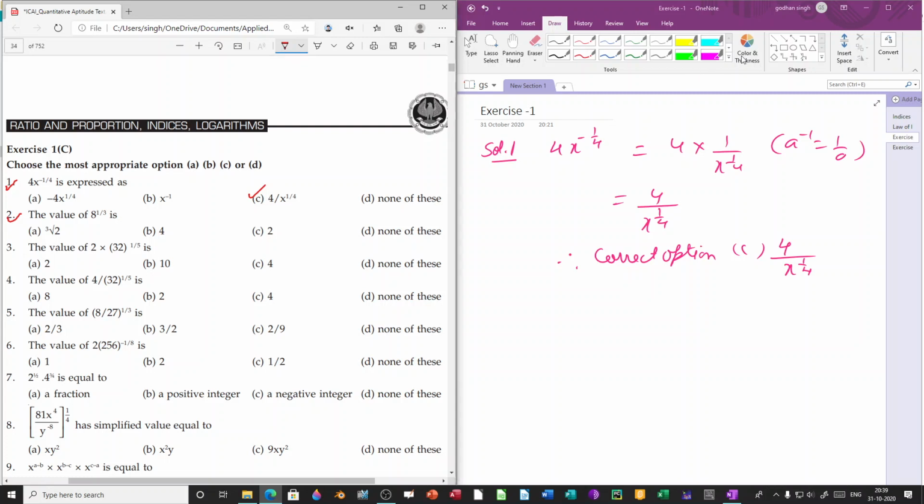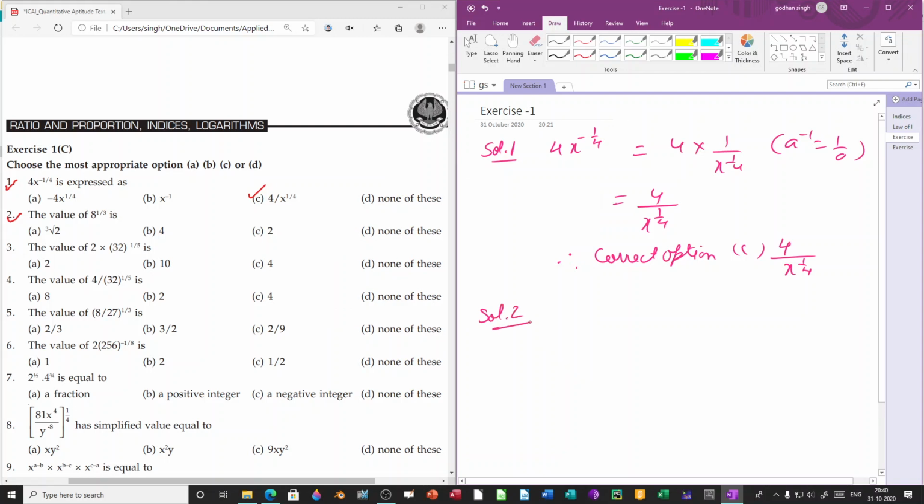So how can we do question number 2? Question number 2: the value of 8 raised to 1 by 3 is. So we have to find the value of 8 raised to 1 by 3. What we'll do in this case is the prime factorization of 8, and when we do the prime factorization of 8, it will become 2 into 2 into 2. So we can write 8 as 2 cube. So 8 raised to 1 by 3 can be written as 2 cube